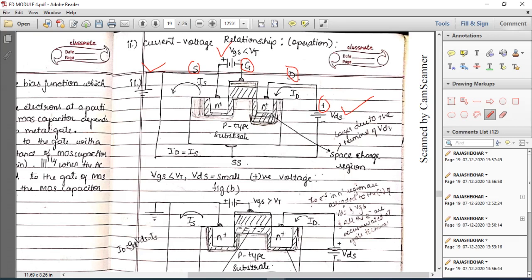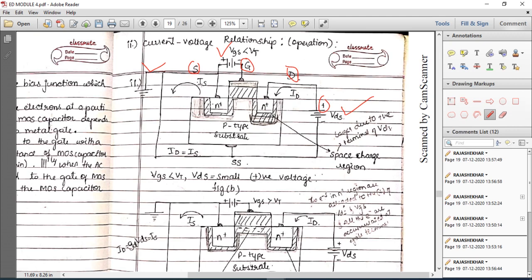So now I can say that between the p-type and the n-type, they are reverse biased, because the gate is connected to the p-type through the insulator. For a particular voltage of VGS, this gate terminal attracts the holes because it is negative potential, and the drain terminal connected to the N plus attracts the electrons. Because of this, this is P, this is N, and it acts as a PN junction.